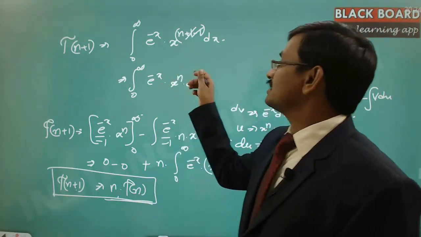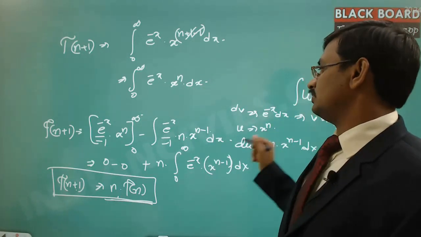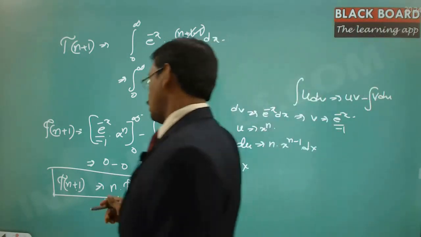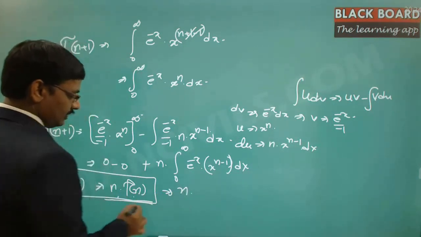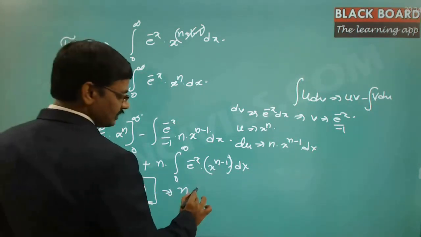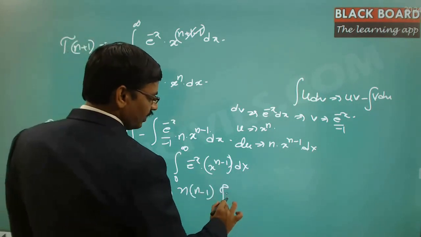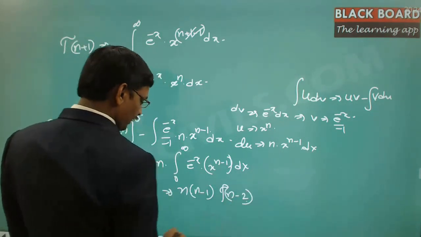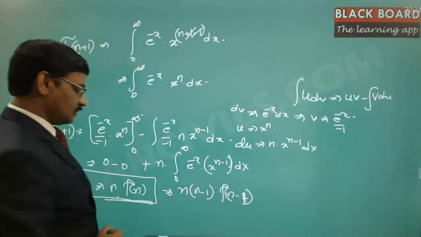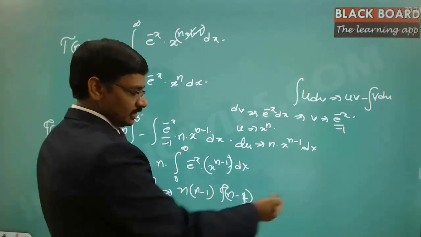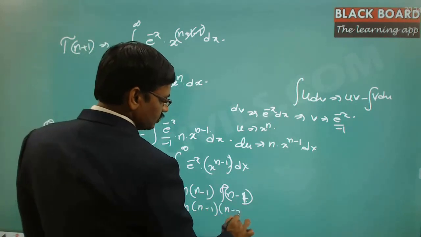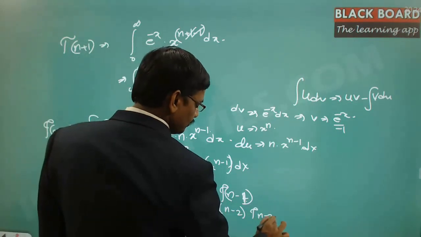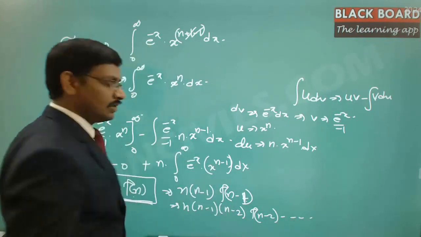So we are treating this n as an integer value, and then we are just taking it further. Now here, obviously gamma of n can be expressed as n minus 1 into gamma of n minus 1. Again, gamma of n minus 1 can be extended to n minus 1 into n minus 2 into gamma of n minus 2. So like this, this process continues.